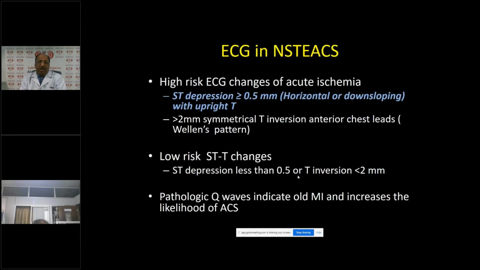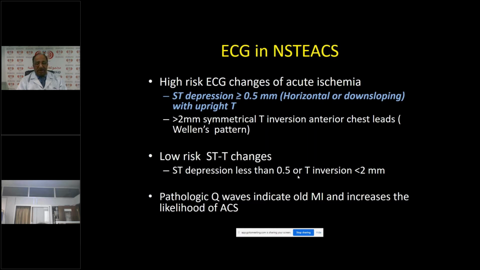ECG: there are several features which indicate acute ischemia. The high-risk ECG changes of acute ischemia are ST depression with upright T wave. It's very important. ST depression with inverted T wave is not that important; it generally doesn't indicate ischemia. It may be due to LVH or other conditions like bundle branch blocks, WPW syndrome, or digoxin, etc. Whereas if there is an upright T wave with a horizontal or downsloping ST depression, it is very classical,